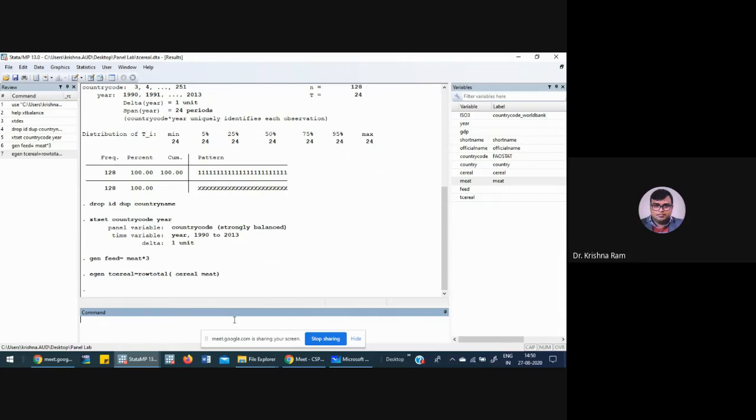But before running a regression, let's plot these two variables so that you will have an idea what kind of relationship these two variables have with each other. So for that, we plot, and for plotting, the command is